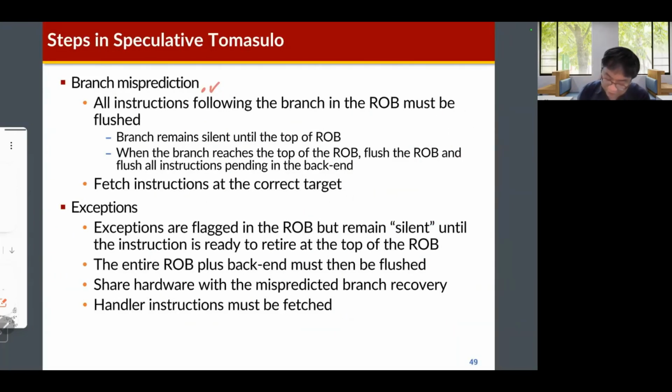If you see this explanation on this slide, branch remains silent until the top of the ROB, which means it's the commit pointer of the ROB. And when the branch is committed, we can know the result of the branch instruction. Then we can know the misprediction of the branch in this case, because it's the commit, then if the branch is mispredicted,